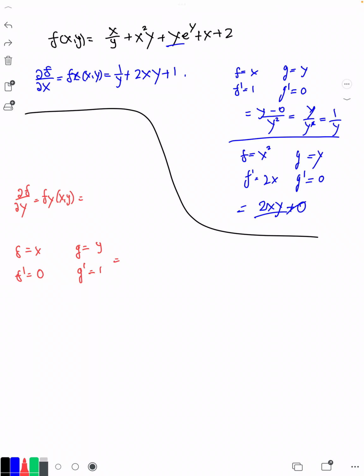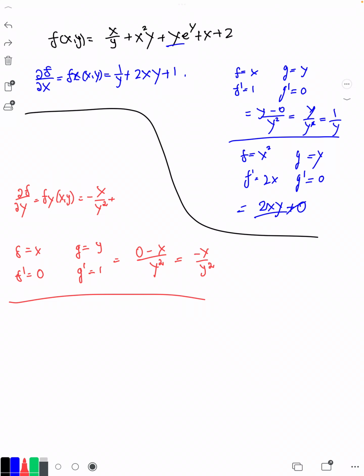So basically we have 0 multiplied by 1 is 0, 0 multiplied by y equals 0, minus x multiplied by 1 is x, divided by y squared, so it's minus x divided by y squared. So we're going to write it down. Plus,